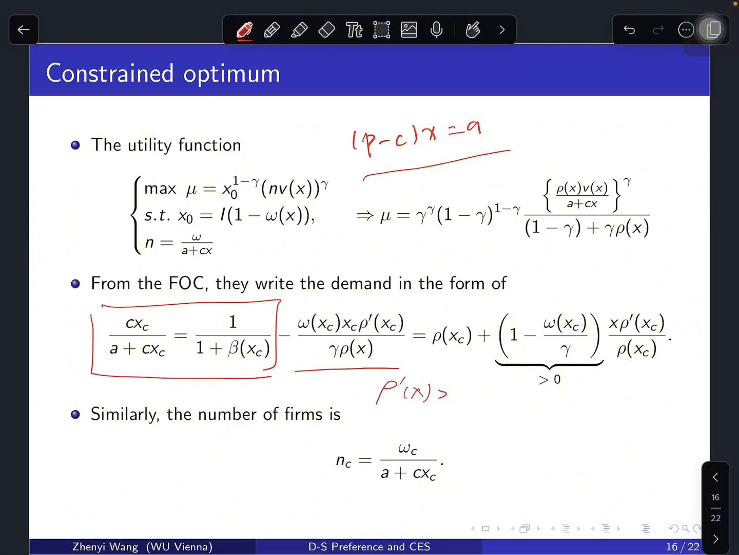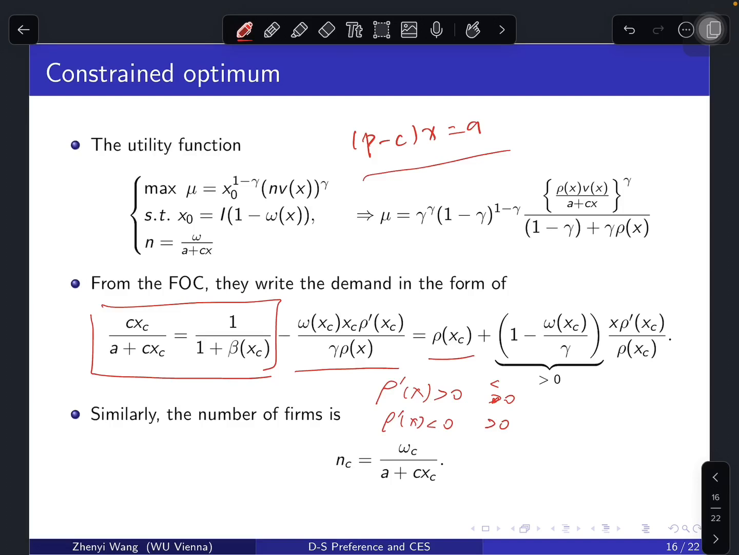So if rho prime x is greater than 0, it means that the second term is greater than 0. When rho prime x is smaller than 0, it means that the second term is greater than 0. And the relationship between xc and xe, so the demand under the constrained optimum or in the market equilibrium, is opposite. And we can rewrite this equation